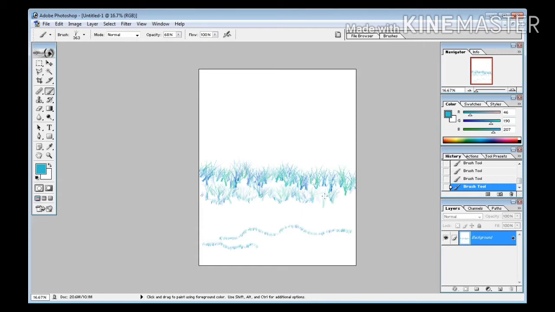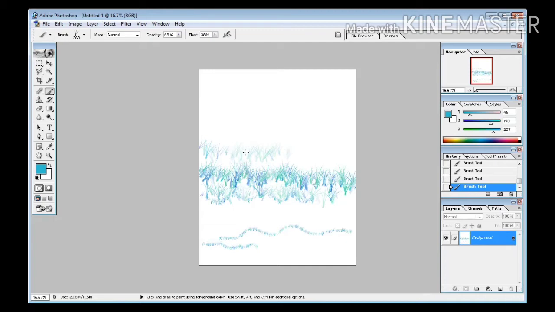Opacity allows you to set the level of transparency. Level of transparency can be changed by using opacity like this. Next, flow. Flow option determines how quickly the brush tool applies the paint.